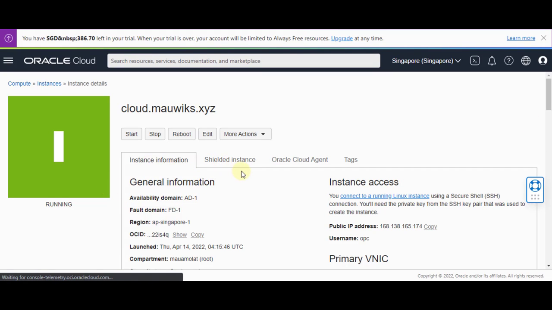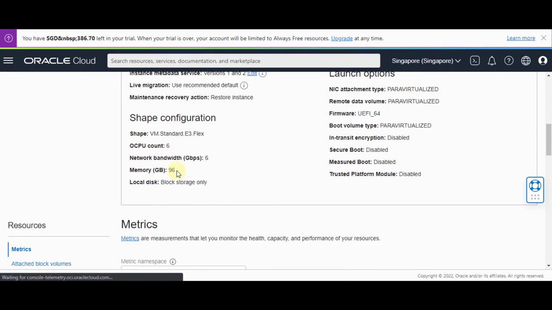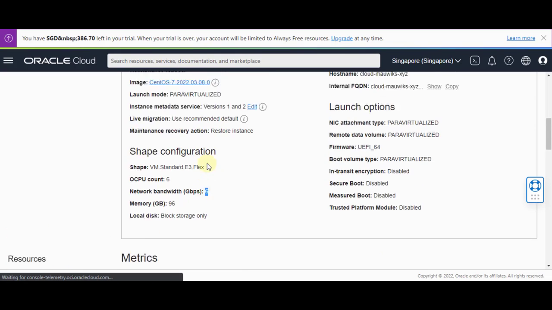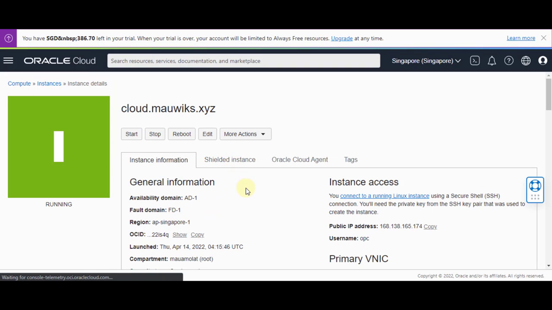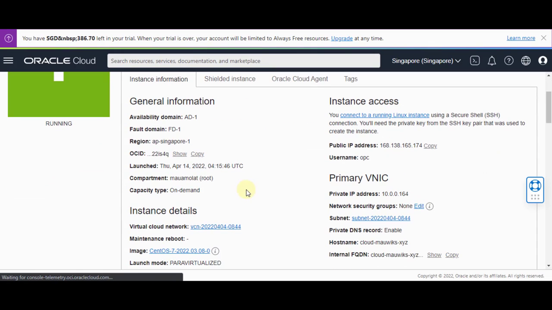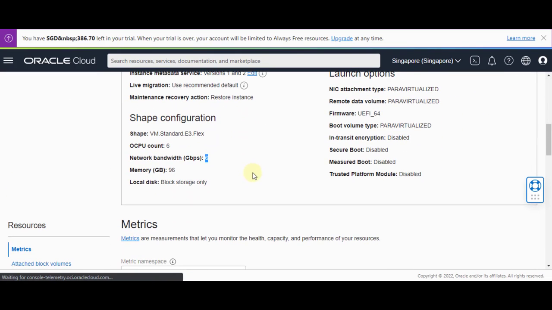So guys, I have added the RAM, which is up to 96, and with 6 CPU cores, now we are ready to launch our web hosting control panel with cPanel. But before that, we need to first extend our